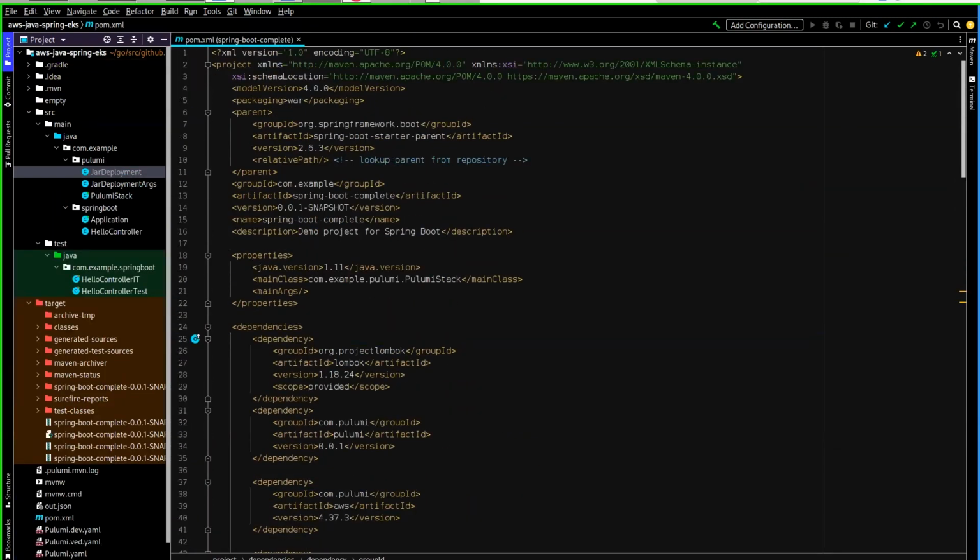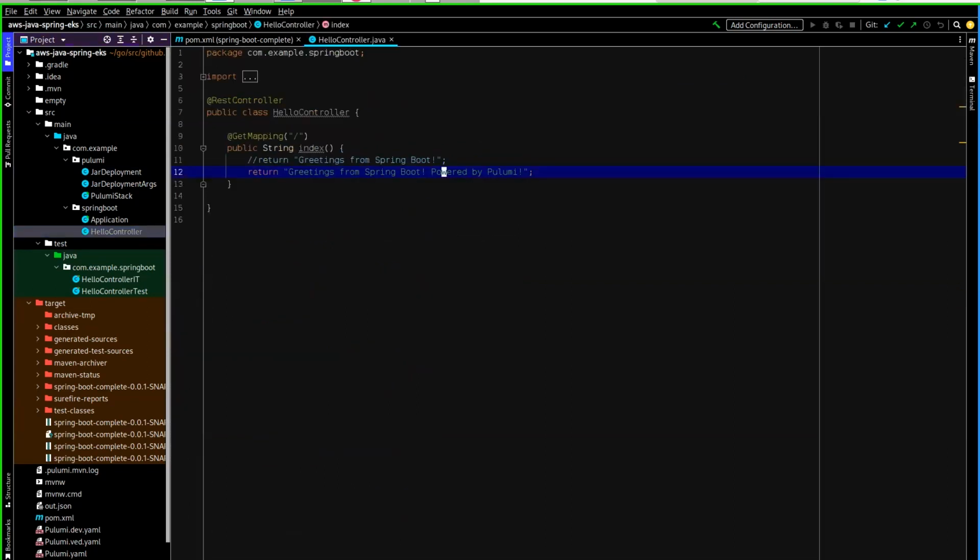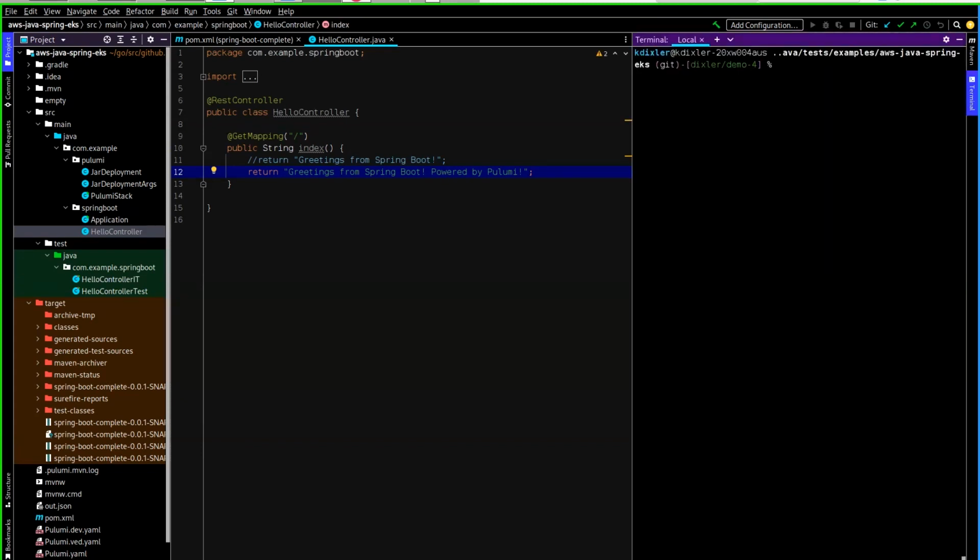This is a Spring Boot application. If you look here, we have a REST controller, we have our controllers, and we want to build it and deploy it to a cloud provider. So I'm going to run repackage and build this as a WAR, and we want to run Pulumi up on it.